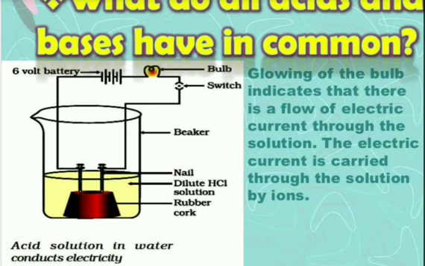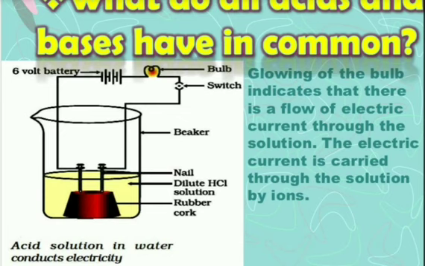What is dilute? Dilute means dissolved in water. The HCl dissolved in water is called dilute HCl solution. Let us connect these 2 nails with a battery of 6 volts, and a bulb is also in the circuit, and one switch to turn it on and off, or we can say a key is inserted. As we switch on the electric circuit, what will happen? The electrons start flowing from one place to another, which makes the bulb glow.